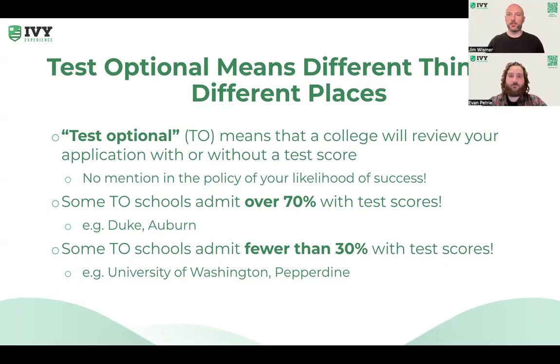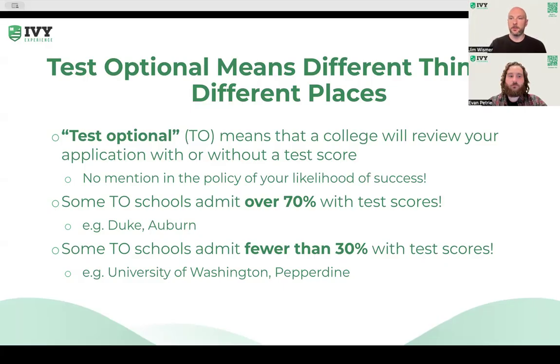These colleges are more genuinely test optional, where they believe they can do an equally good job either way. Most colleges are going to be between 40 and 60%, right around 50% in many cases, of students they're admitting with or without scores. And so the troubling thing as a student in this process is that when you see on a college's website that test scores are optional, they don't tell you how optional they really mean, right?